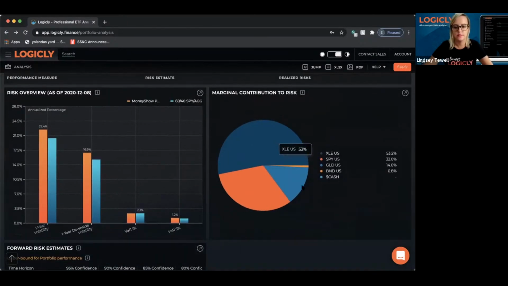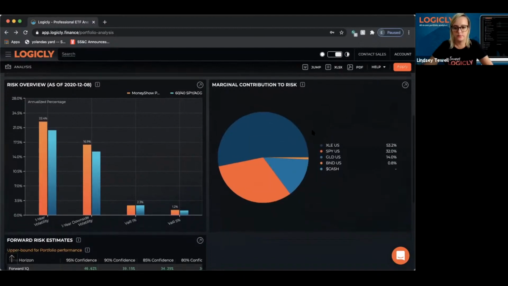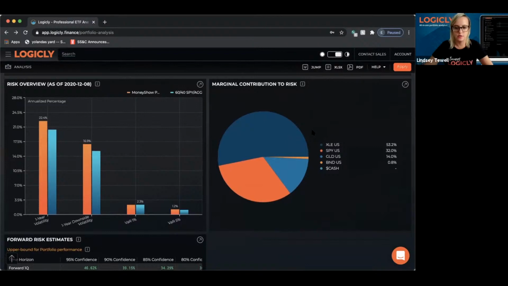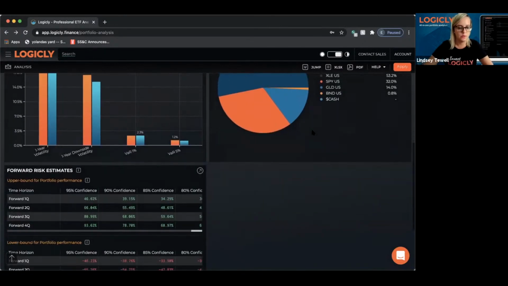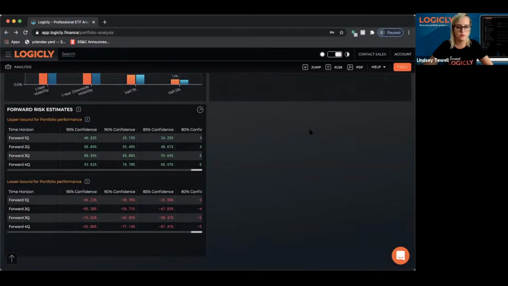So you can see what positions within that portfolio are driving the risk. It's just a nice breakout to show, and then you can make changes accordingly, knowing that. There are also ways to look at forward-looking risk estimates at different confidence intervals, going out 4 quarters forward.